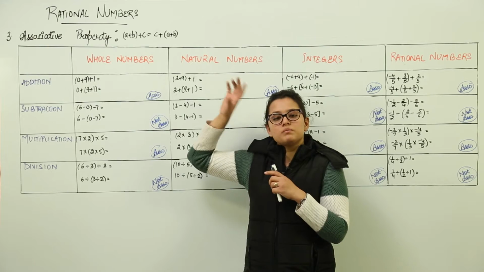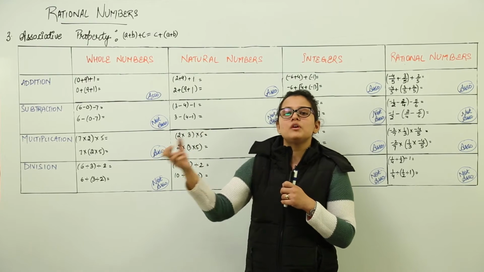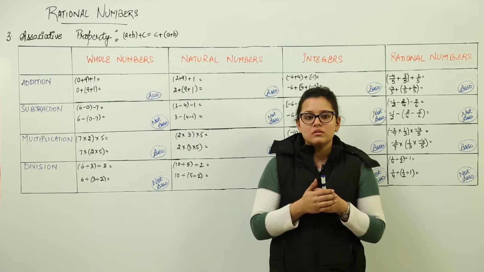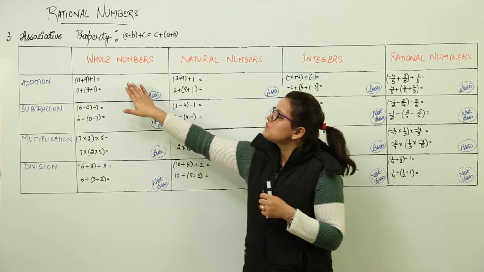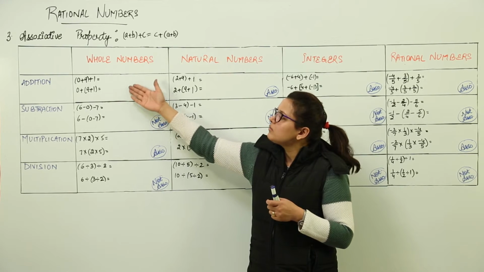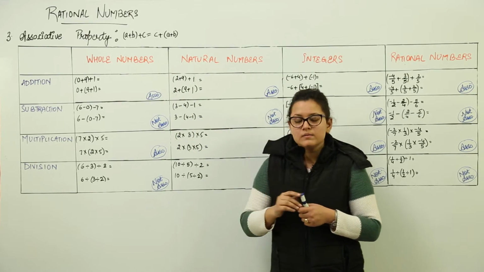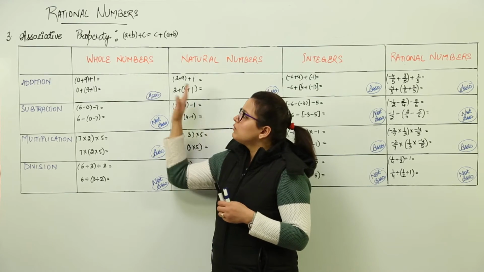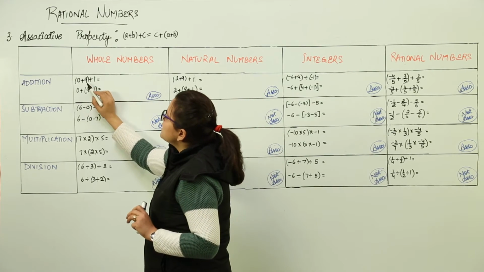The previous type that we did was, you will be given a property, you will be asked, give two examples of commutative property. How do the whole numbers satisfy addition for closure property? That kind of questions can also come, and otherwise the questions would be given to you like this, and you have to verify whether this question is satisfying the associative property or not, right? So I am going to do the verification part here, and that will as well include the properties in detail. Okay, so let us start here. 0 plus 9 plus 11.